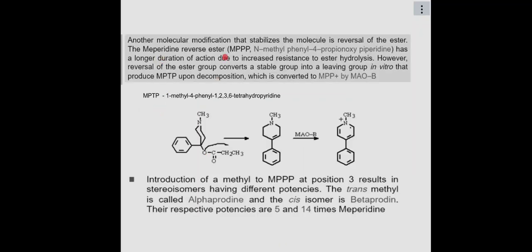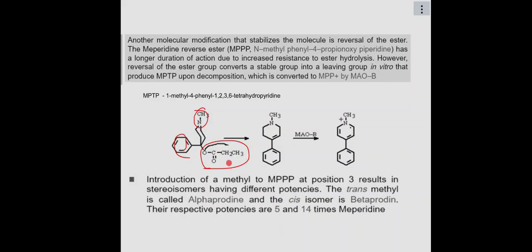Another molecular modification that stabilizes a molecule, that is this compound here, which we are calling our proteins, is reversal of the ester. So you can see this reversal of the ester, as we have talked, the meperidine reverse ester, which we can call N-methyl phenyl 4-propionoxy piperidine. So we are calling it N-methyl, phenyl there, and then 4, because this group is at position 4,